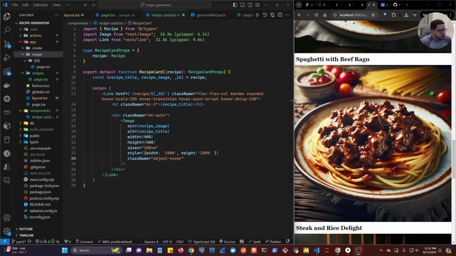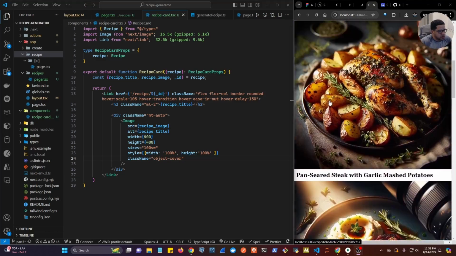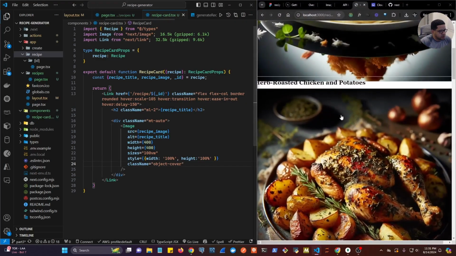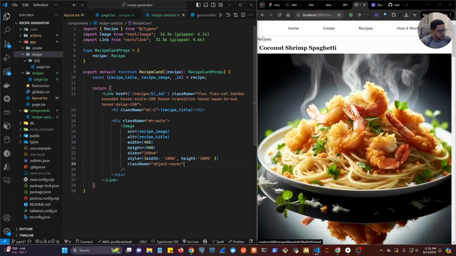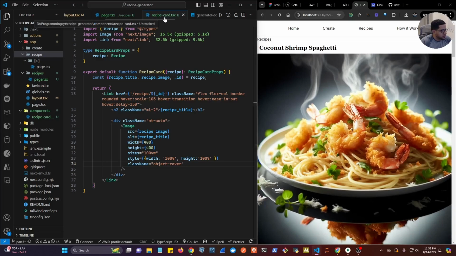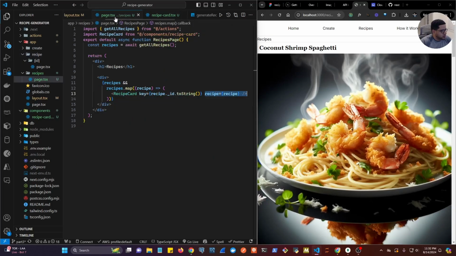All right, so this is the card, right? But now we can add a little bit of, let's make this a little bit bigger. So to the page, so remember we are inside of the, this is the recipe card, which is being rendered in here, right? This is what we're mapping. So to this one, let's do a few changes here. So let's go to the div here. Let's start here. Let's do className, padding of 10